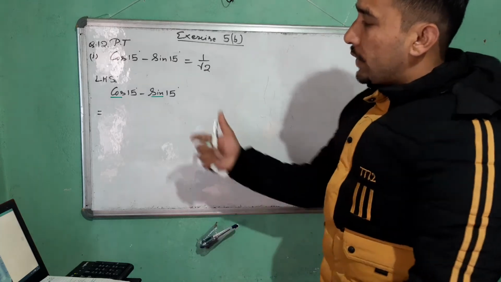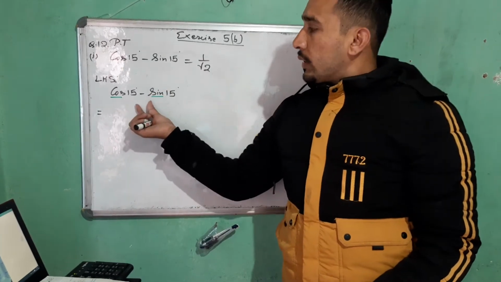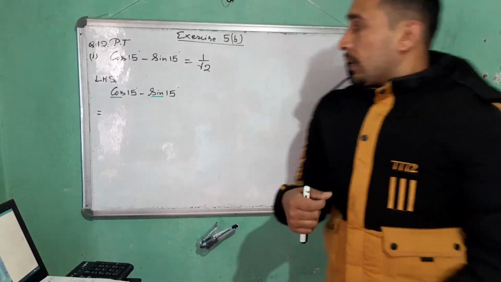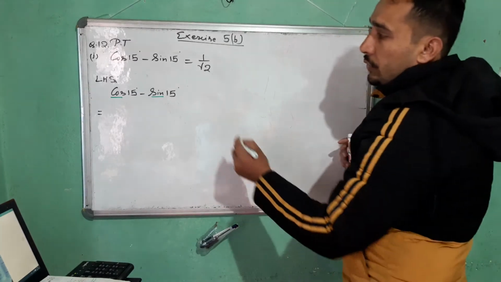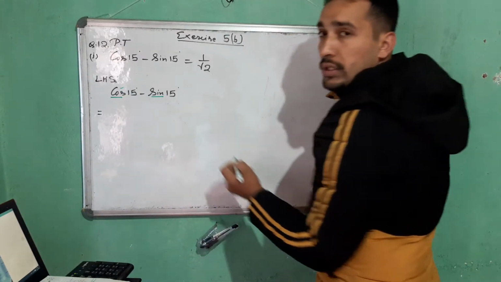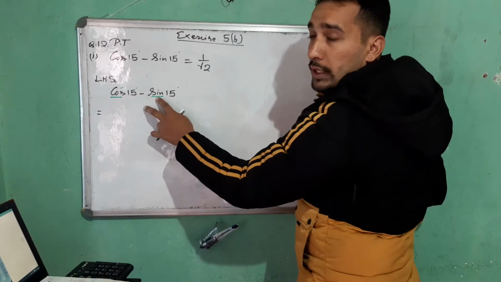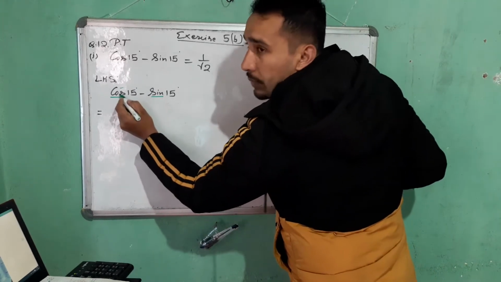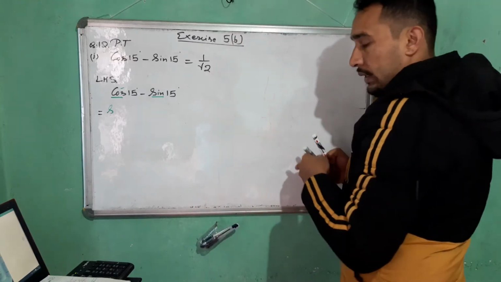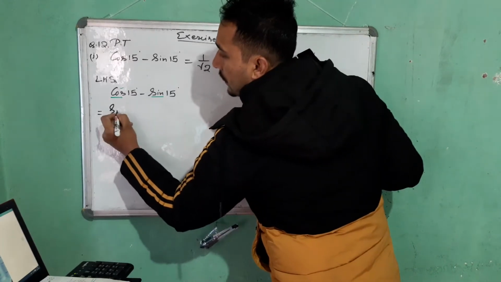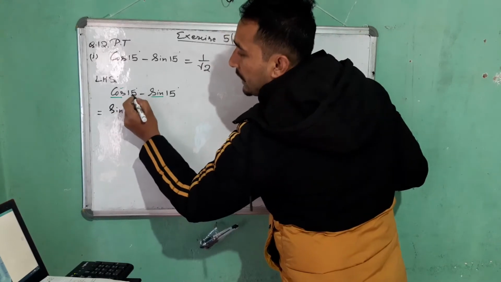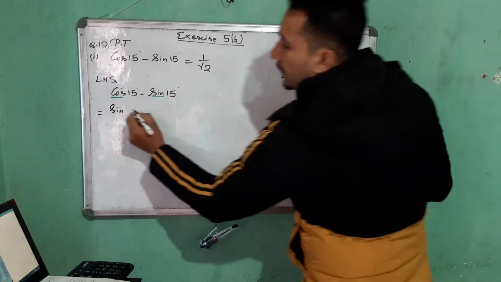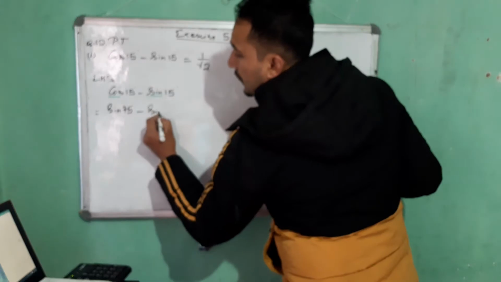And you don't have a formula to convert the difference of two different trigonometric functions into a product of trigonometric functions. Okay, so first of all you have to make this into the same trigonometric ratio. Either convert it into cos, or you convert this into sine. I'll convert this part into sine. The complement of cos theta is sine, and 15 degree is 90 minus 15. 90 minus 15 will be how much? 75 degree. 75 degree minus sine 15 degree.